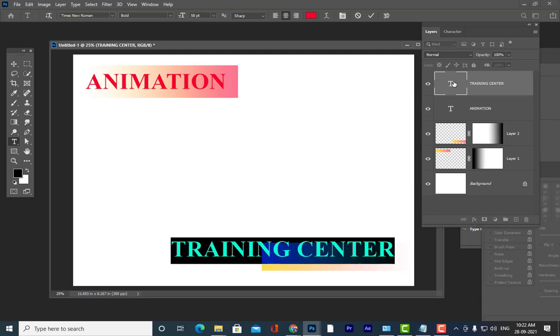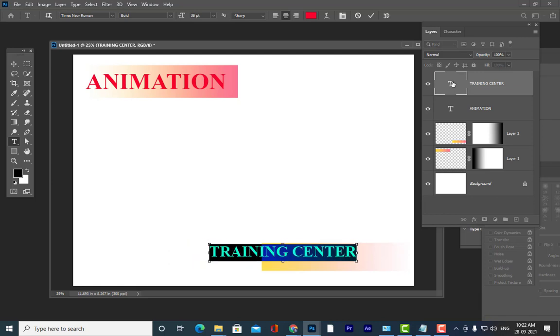So we can make it small like this. So how am I making it small? Anybody can tell? Anybody can tell how I am making it small? Control Shift less than. Okay, good.